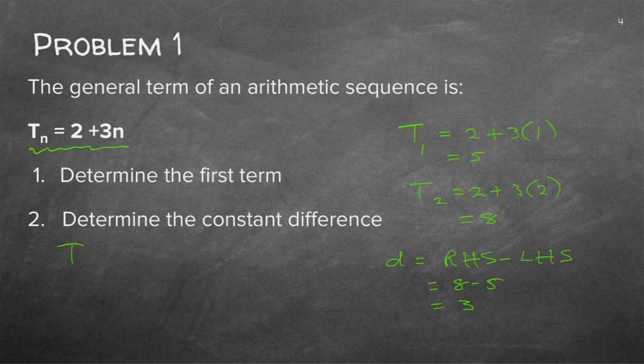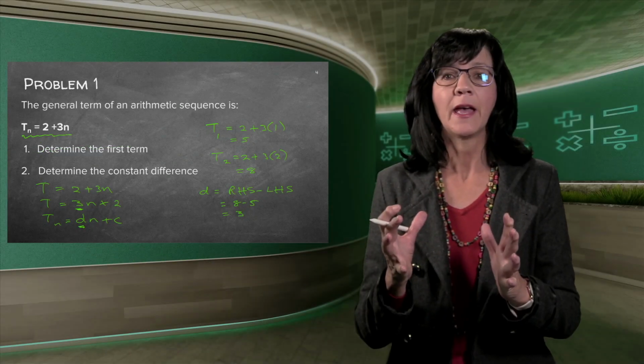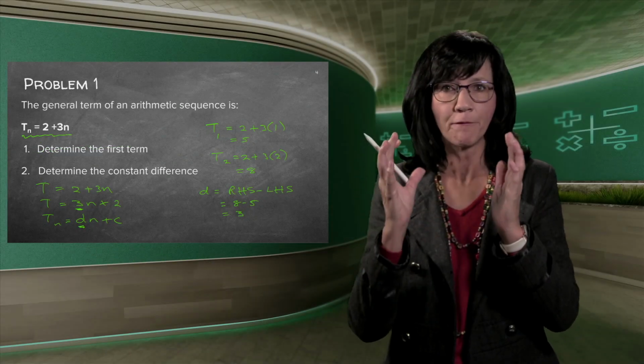just write it here. T is equal to 2 plus 3n. If I just rearrange it, 3n plus 2, do you recognize Tn is dn plus c? You recognize that formula? It's the one we did in the very beginning. And the d stands for the common difference. So if you saw that in the very beginning, and you saw it's actually the pattern that my formula forms,